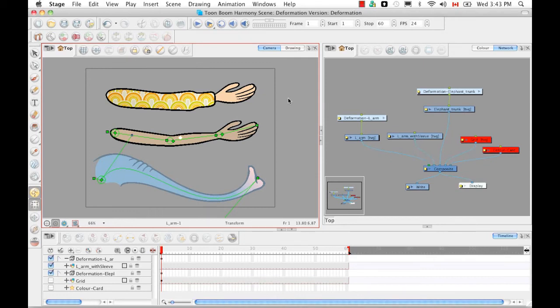The two main types of deformers are the bone deformers, which we can see an example of here, and a curve deformer, which we can see here on the elephant trunk. Within the network view, these two types of deformation chains are always within a group, so we can't see them, but they're the light blue groups above their drawing object. This is L_arm, left arm, which is this object right here, and its deformation group, which happens to be bone, sits on top. And this elephant trunk right here has a deformation group just above as well, which happens